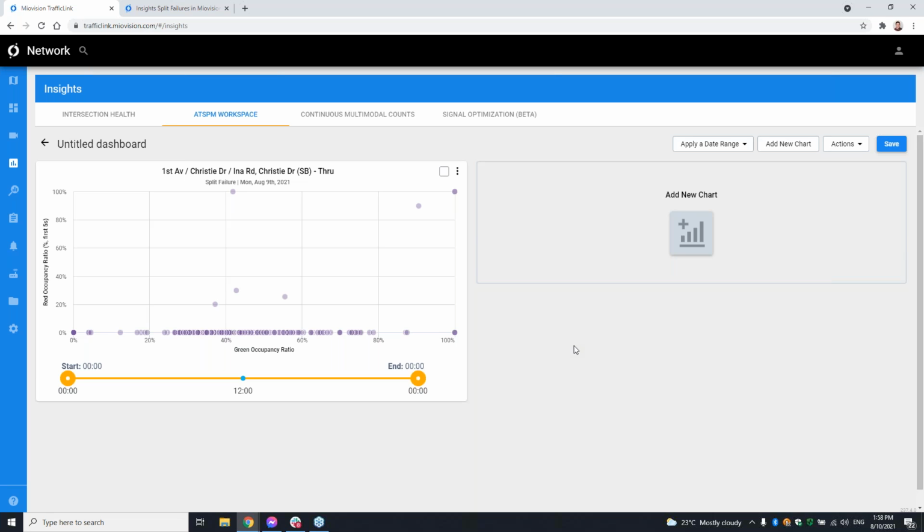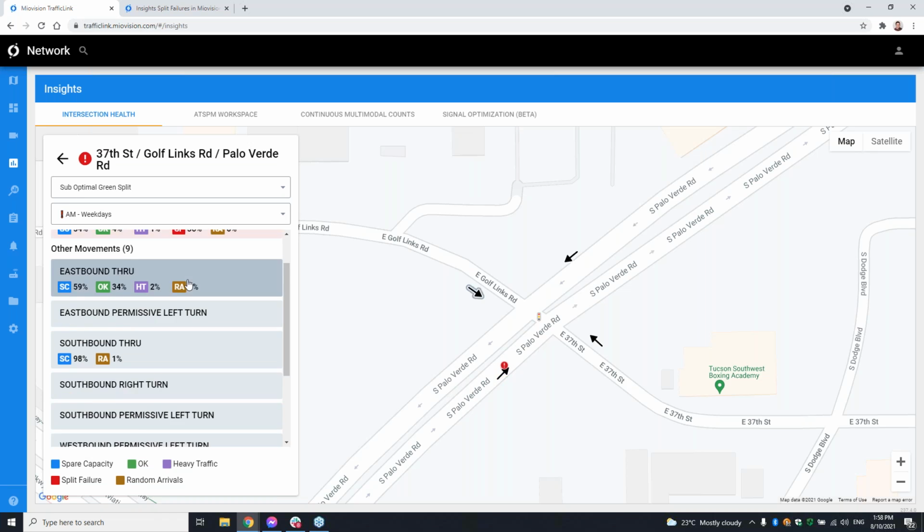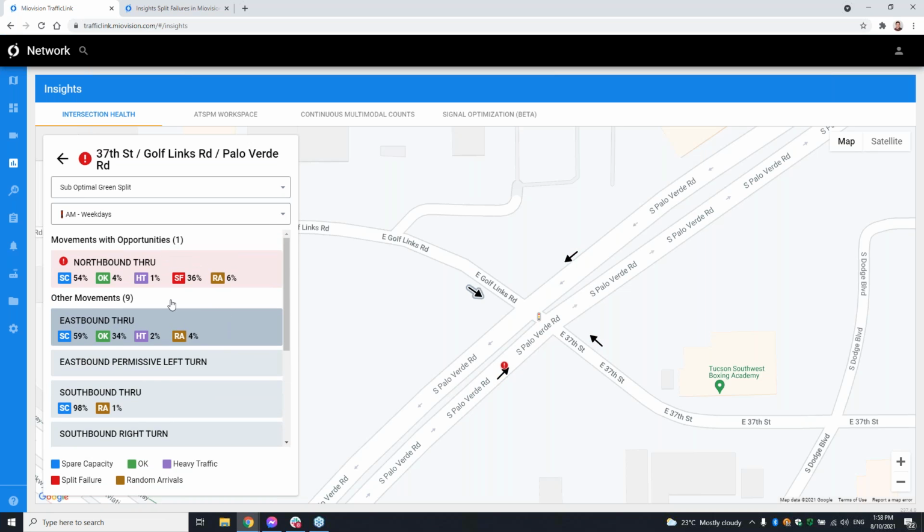I do know that in the intersection health alert itself, there's a balance of what is a high enough percentage. It's not necessarily a threshold based indication, it's a relative indication: is there a large percentage of spare capacity or a large percentage of split failure when there is not in the opposing or other movement?